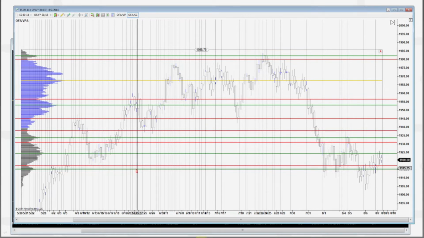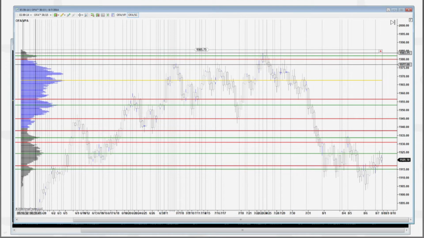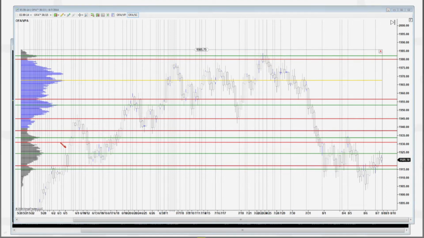Because if buyers hold down here and break back up through here, then they could take it all the way back up. So what I'm watching for is I'm using the overall market context, and these would be potential trade levels for me in a trading plan. And then I'm watching,